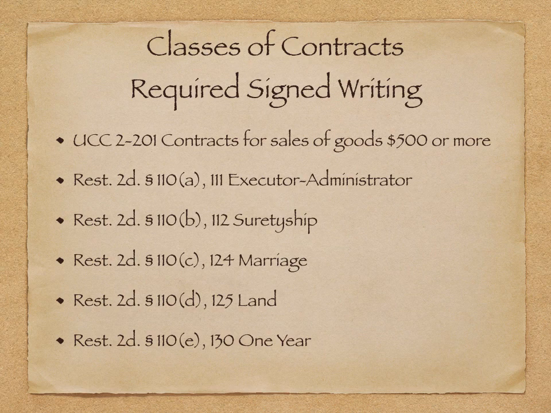Marriage contracts are for promises where at least part of the consideration is marriage. That is not the same as a marriage contract, but a contract, the consideration for which, at least in part, is marriage. The big example is a prenuptial agreement. A prenup